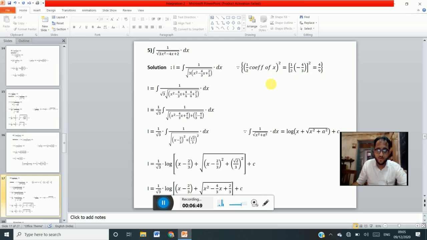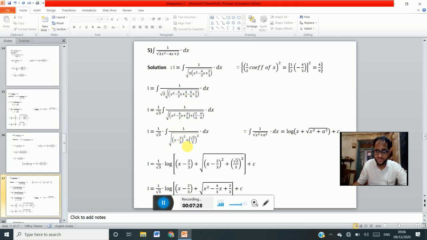You understand, or you can remember it by using this formula: see the coefficient of x, that is minus 4 by 3, divide by 2, what do we get, minus 2 by 3. Square that term, minus 2 by 3 square means 4 by 9, add and subtract in the denominator. So see, x square minus 4 by 3 x plus 4 by 9 minus 4 by 9 plus 2 by 3, right? If we see the first three terms, this is a perfect square,